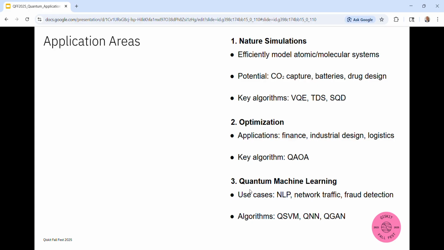There are 3 areas where quantum computing is really excelling at the moment. All right, there's nature simulations. This is the quantum chemistry type stuff we've talked about, the material science. We're able to represent the state of a system in the quantum computer and calculate ground state energies or things like that that are just intractable on classical computers.